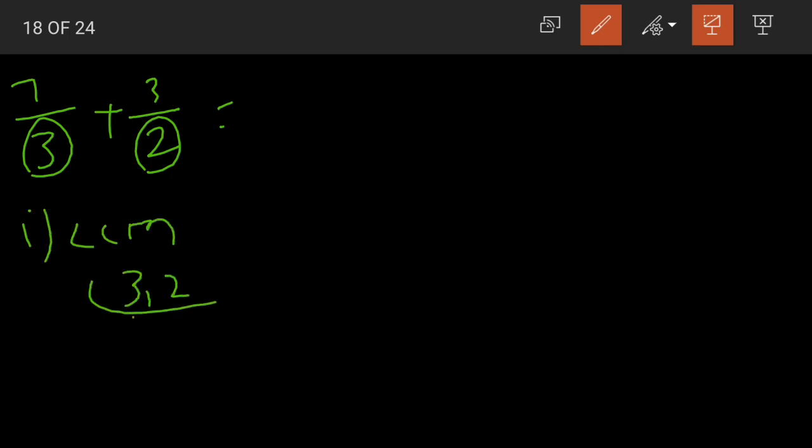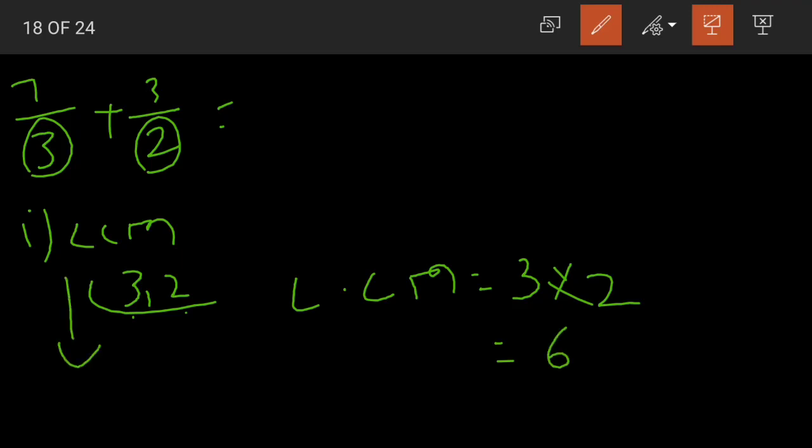One point to remember, students, is that 3 and 2 are both prime numbers, isn't it? When we are given two prime numbers, the LCM simply becomes their product. 3 2s are 6. Without doing this calculation also, we can say, suppose we are given 2 and 5 in the denominator. Again, 2 and 5 are prime numbers, so their LCM becomes their product. 2 into 5 is equal to 10. Yes, let us cross check this.